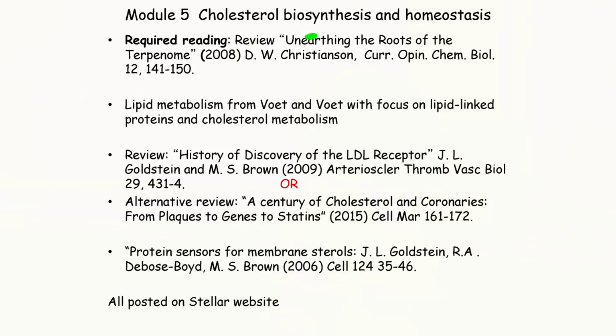Okay, so the required reading has now been posted on Stellar, and there are really three things you need to read. One is a short review on the terpenome, which is what I'm going to start talking about. The second is lipid metabolism, taken from Voet and Voet. You can go back in any basic textbook and read the section because it's central to thinking about what's going on